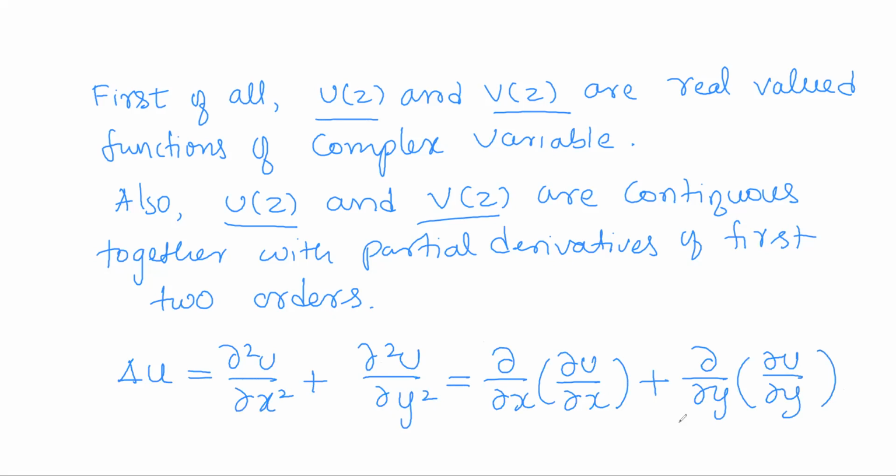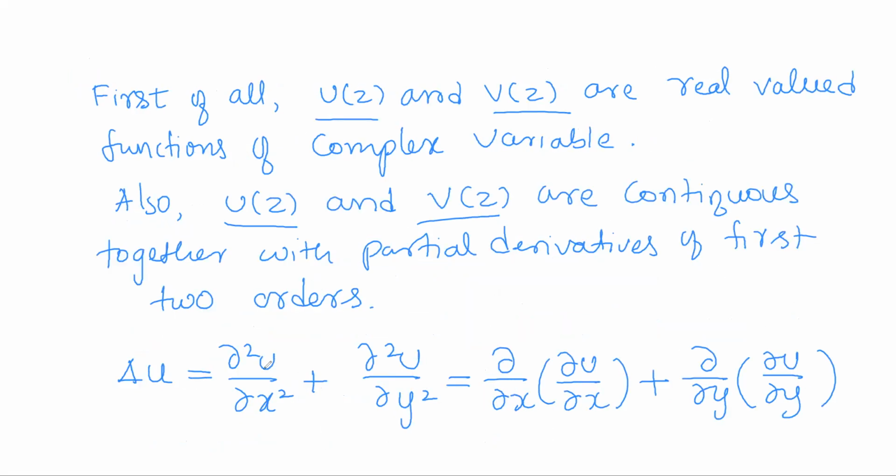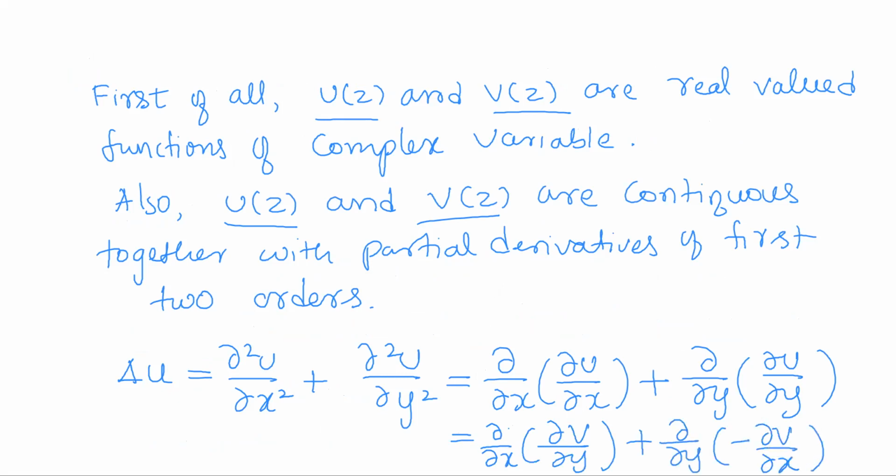Now use the fact that f of z is an analytic function, and whenever f of z is analytic, its real and imaginary parts obviously satisfy CR equations. So the condition that every analytic function should satisfy is that the real and imaginary parts have to satisfy CR equations. So here u and v are real and imaginary parts, so they satisfy CR equations. So dou u by dou x is nothing but dou v by dou y, and dou u by dou y is nothing but dou v by dou x.